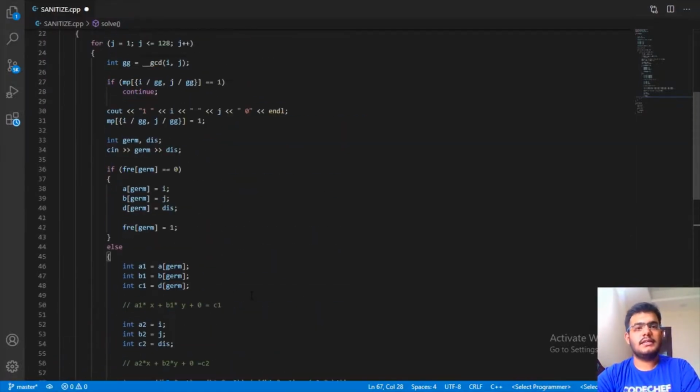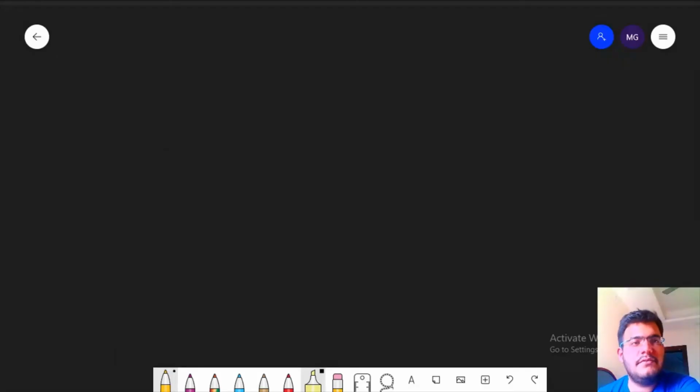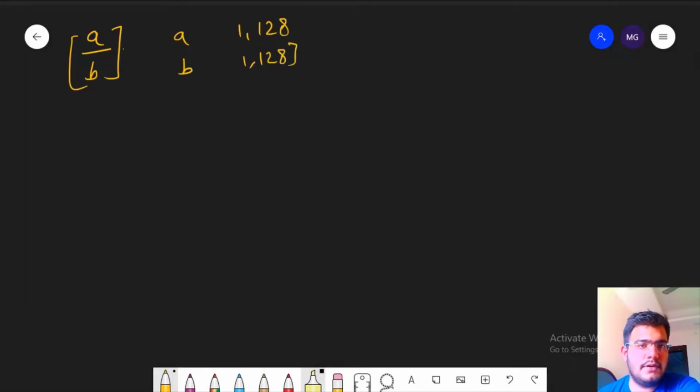Now, one thing here is how do we ensure that we have the 2n number of queries here, because there is the condition that we will ask the query for the same particular pair only once. So thus it ensures that if we loop from the range 1 to 128 for A and 1 to 128 for B, do we have a sufficient number of queries? We want to know how many different possible ratios are there for the value A by B, such that A is in the range of 1 to 128 and B is also in the range from 1 to 128, and